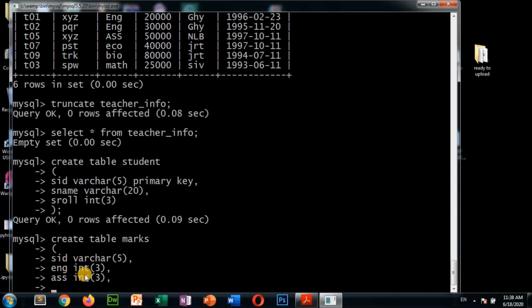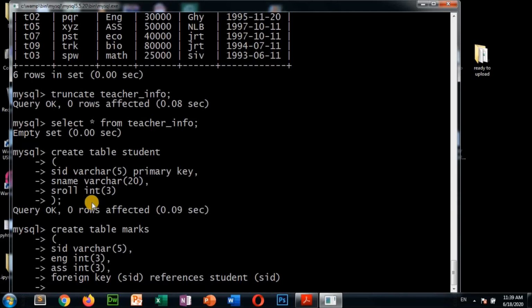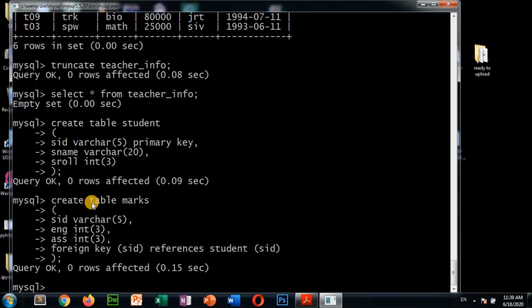Now we are going to make this field the foreign key here. So how to create foreign key? See, foreign key, which field you want to make foreign key? SID field. Just write inside bracket SID, references. From which table are you taking the reference? From this table. References student, this table name I am giving here, student. Which field are you taking here? This SID field. So inside bracket just write SID. Then your table is finished. After that no field is there, just round bracket close, then give semicolon, press enter. So your foreign key is created.